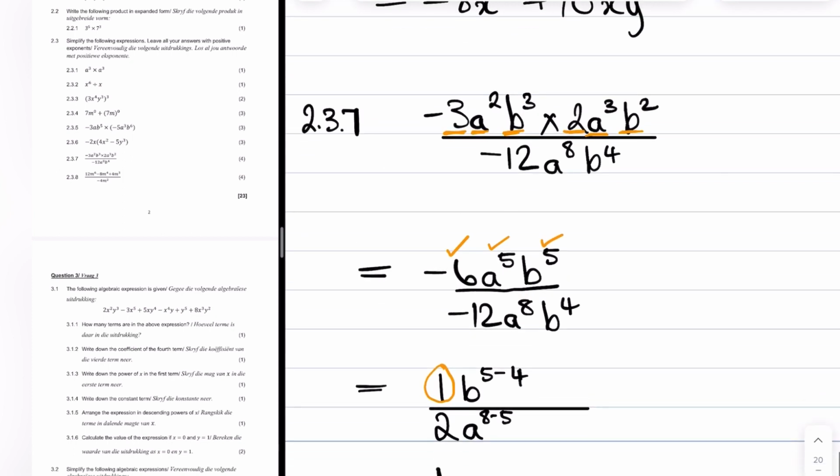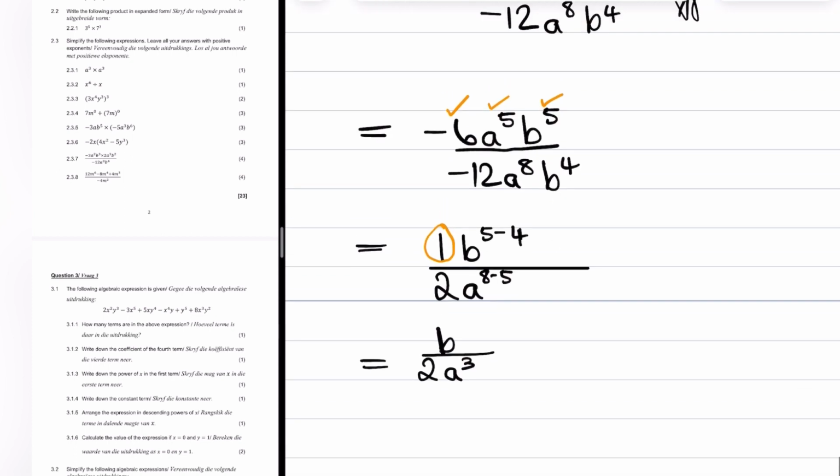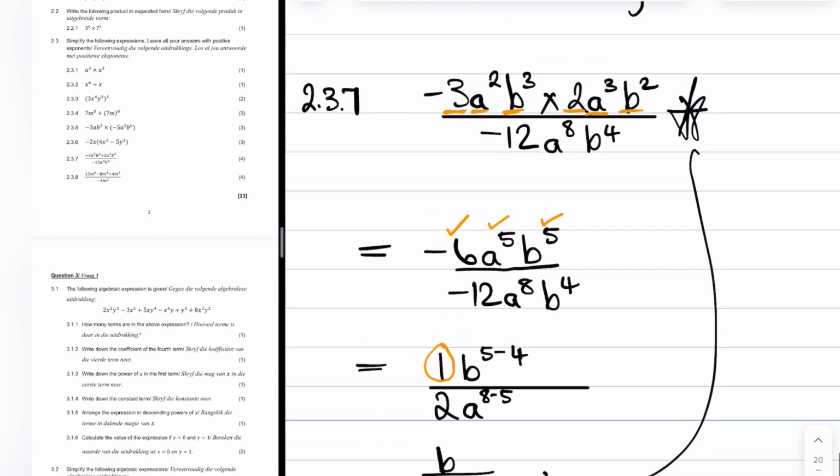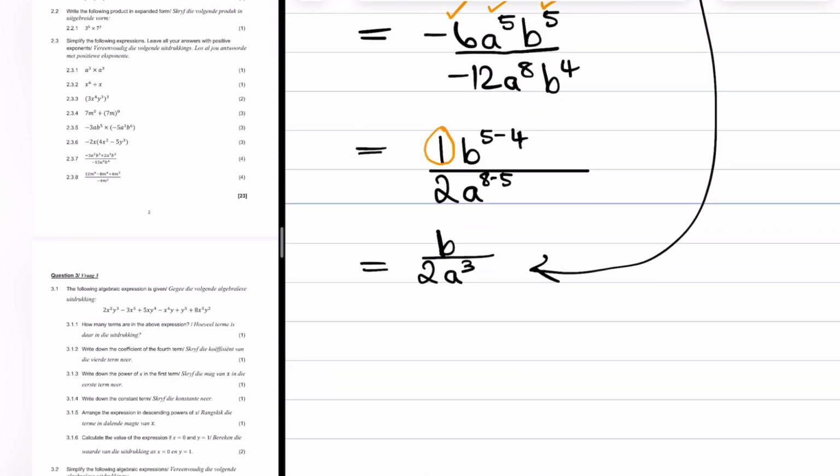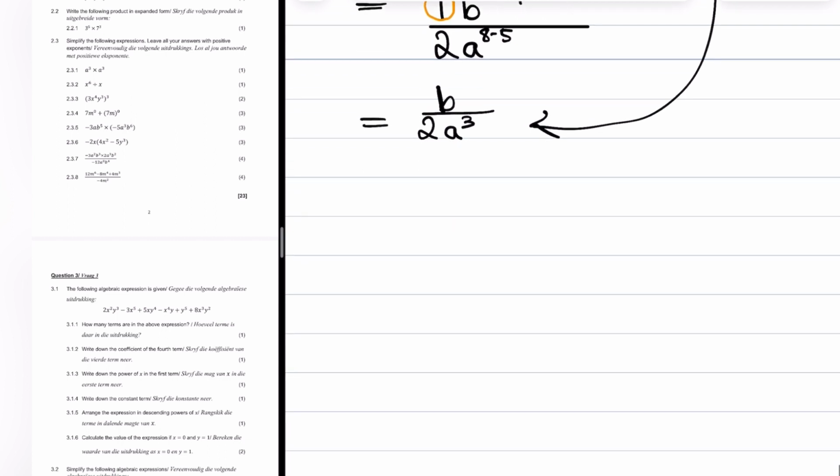So from this whole mess over here, I have simplified to only that, and just by applying the laws of exponents we have achieved that, and that is our final answer. We cannot simplify this any further, so we are done. That was 2.3.7. Now 2.3.8,